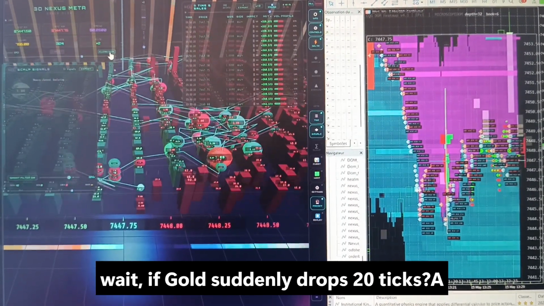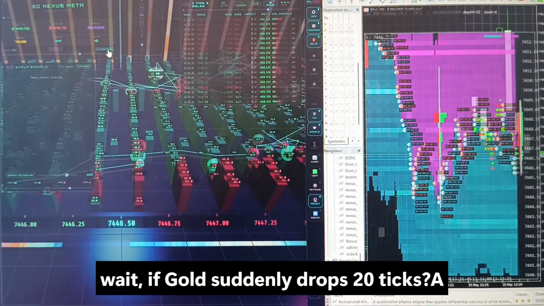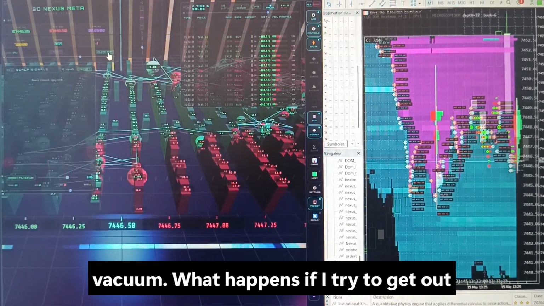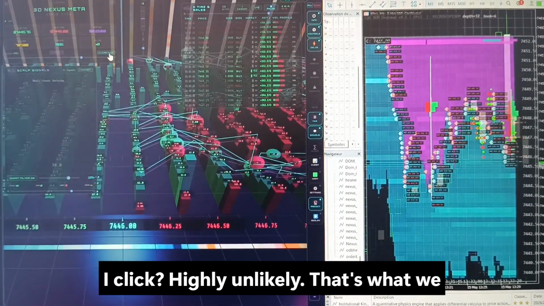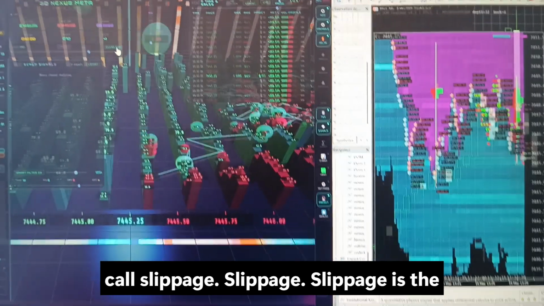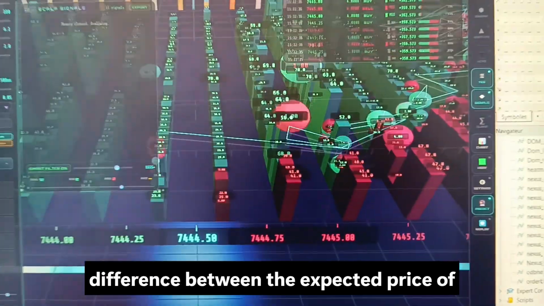That's a good description. But wait, if gold suddenly drops 20 ticks in a vacuum, what happens if I try to get out of my trade? Do I get filled at the price I click? Highly unlikely. That's what we call slippage. Slippage, right? Slippage is the difference between the expected price of a trade and the price at which the trade